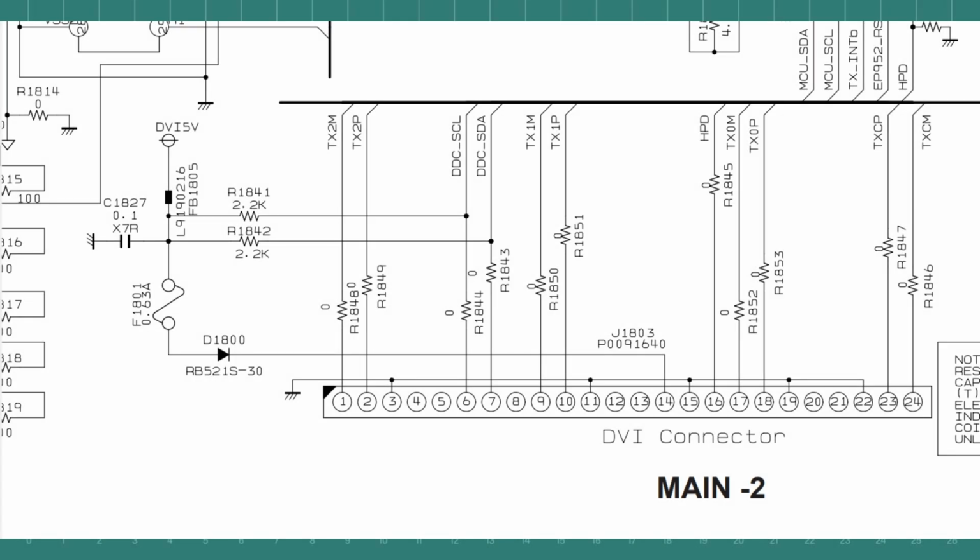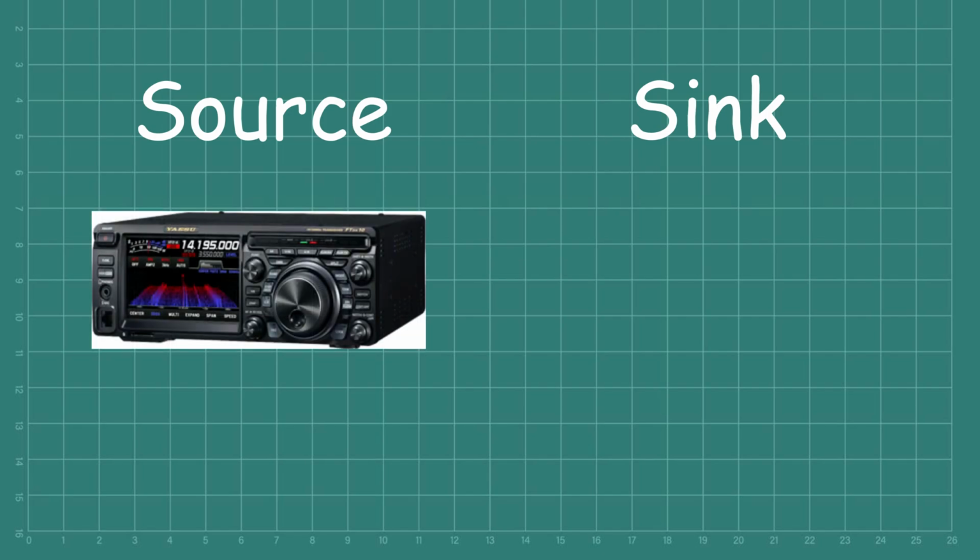Everything we know so far tells us that the overcurrent that blows the fuse or damages the display processor must be travelling in the correct direction from the 5-volt rail to pin 14 on the DVI-D connector. So let us discover what the actual problem is, and to do this we need to dive a little deeper and understand what happens when we connect two devices together, and also refer to the HDMI industry standards. Oh, and HDMI industry standards refer to source and sink. So the source in this case is the Yaesu transceiver, and the sink in this case is the external monitor